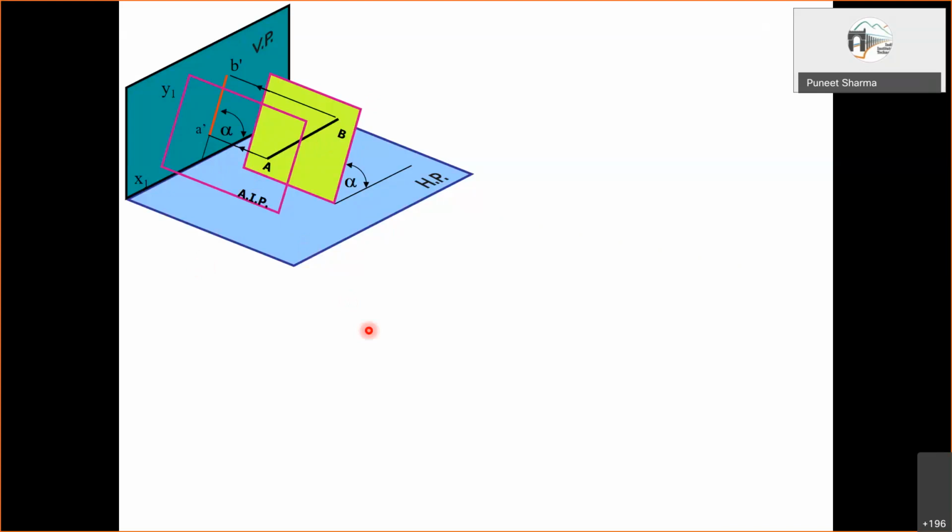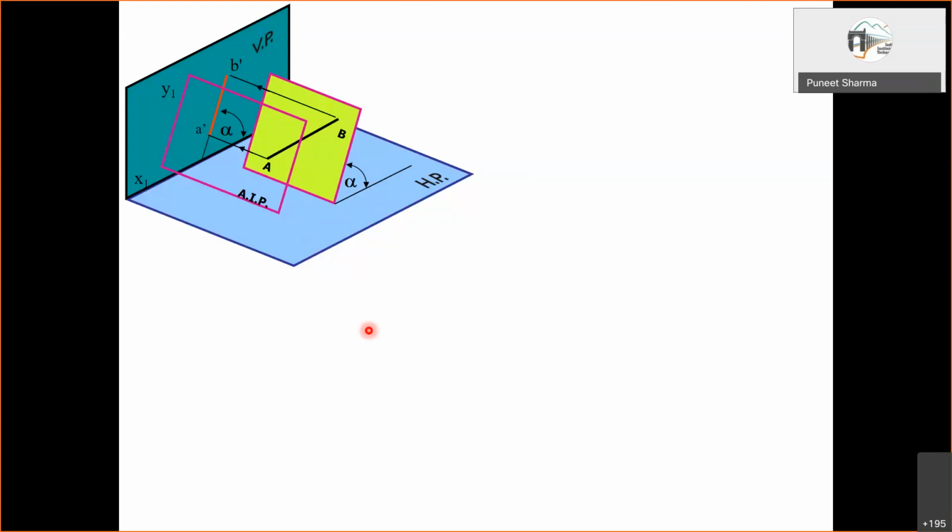But next is the question that how do we use it in the drawing? In the drawing, what I mean is we actually will have say front view and top view of a line. And say if we have to obtain say true length, then we'll have to choose an auxiliary plane or an auxiliary view. Okay. So how do we go about this? How do we actually draw it? That is what we can now discuss.